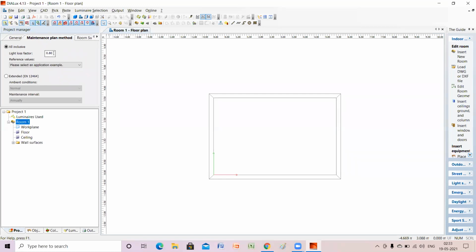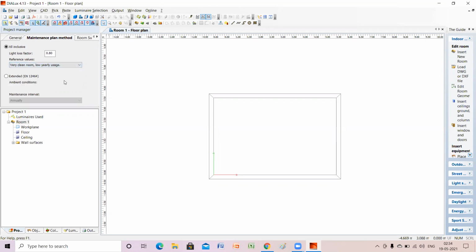You can change it to 0.6, 0.7. For example, very clean room, very low yearly usage, it is 0.8. For a clean room, 3-year maintenance cycle, it is 0.67. For an exterior installation, it is 0.57. And for an interior or exterior installation, high pollution, it is 0.5. So we will preferably go with very clean room, very low yearly usage.